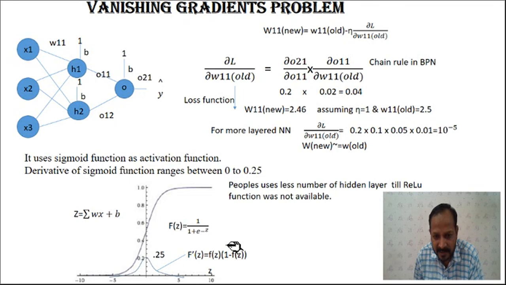So this function itself into 1 minus function again. So by taking the derivative of this, 1 by 1 plus e raised to minus z, you will get this formula. So the function is this and its derivative, or the gradient, is this. So if you consider the value of this function f of z is 0, at that time as f of z is 0, so definitely f dash z will be equal to what is the value of